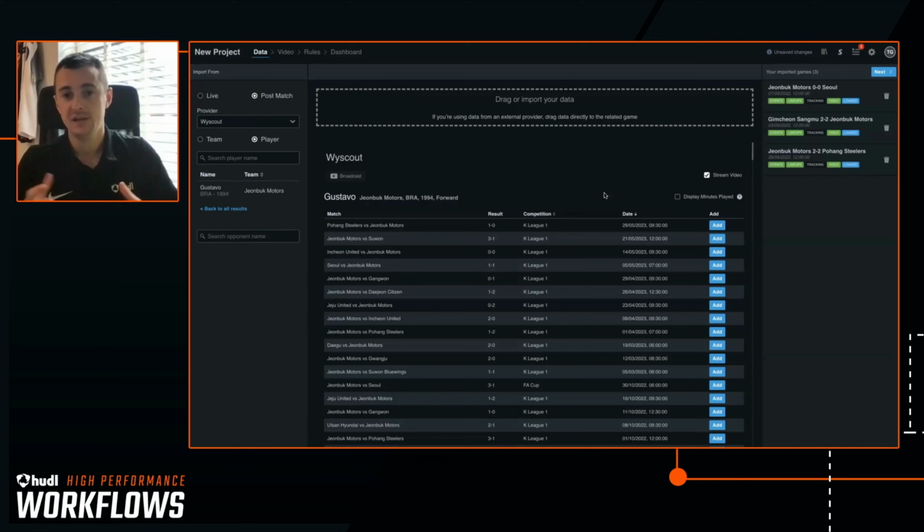Okay, so now we've finished our data analysis and the first part of our high performance workflow for scouting and recruitment. We're now going to supplement that data alongside video. Now, the best tool for that is Insight, our latest product. What this allows us to do is let the data act as an engine to basically find moments in the